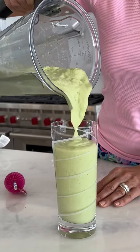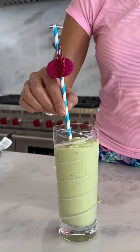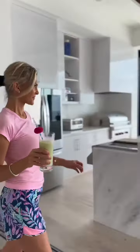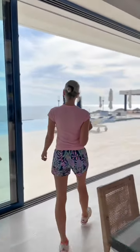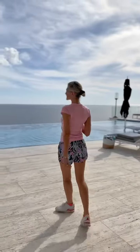Look at this gorgeous, vibrant green color. And of course, I have to use my pink flamingo straw. It just makes it so much more fun. Now let's head outside to check out the beautiful ocean view. This smoothie is so good, so